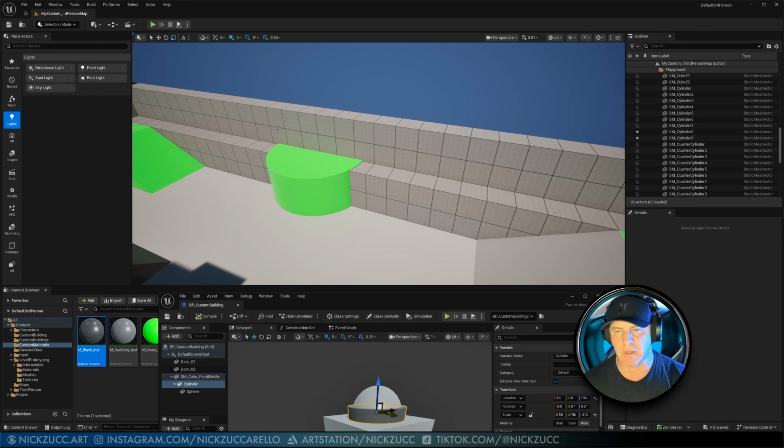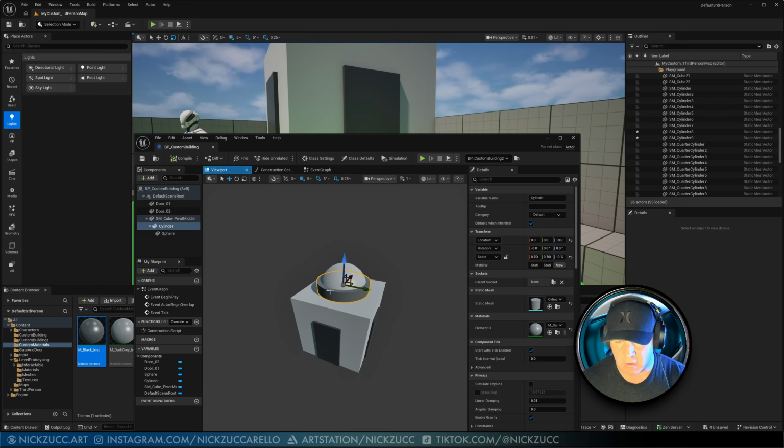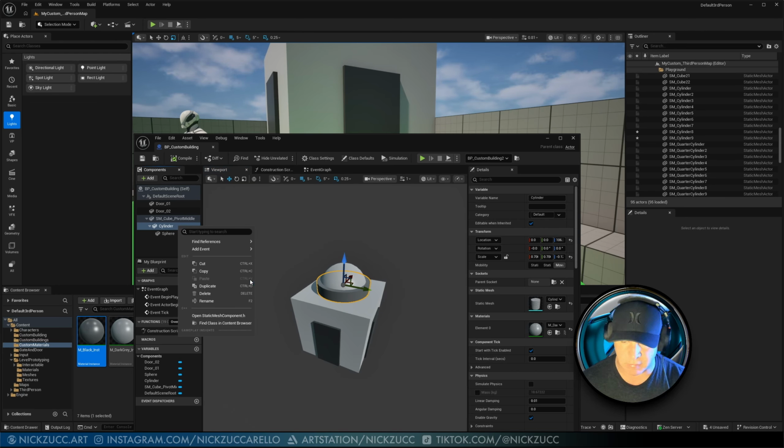Okay, so let's add a little bit more to this. I'm going to actually take this cylinder, and remember, to duplicate it, we can hit Control D, or you can right click over it on this area and we can say duplicate. It's up to you, however you want to do that. You can move this up here. I'm going to scale this